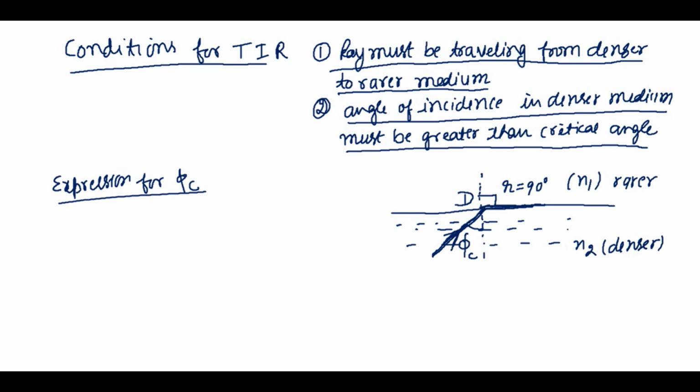For that I have shown in this diagram the ray which is incident on the interface between denser and rarer medium exactly at the critical angle. We have already seen in the previous slide that the angle of refraction will be 90 degrees in such a case. Whenever the angle of incidence within the denser medium is the critical angle, then the angle of refraction will be 90 degrees. So to find the expression for critical angle, we will apply Snell's law